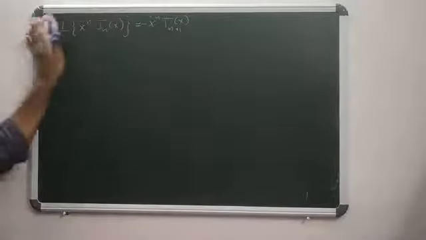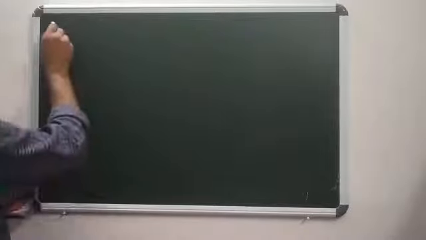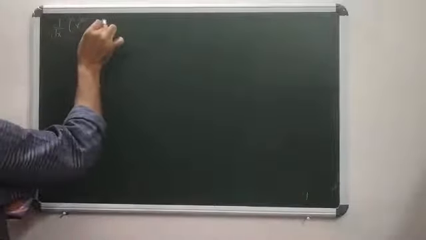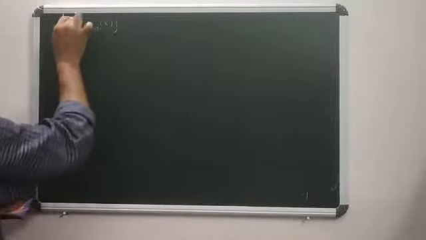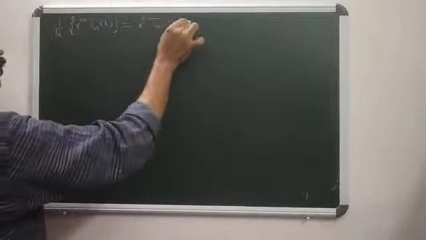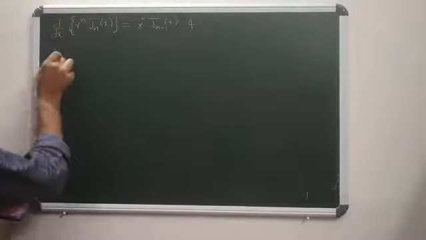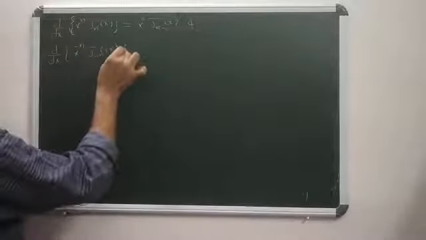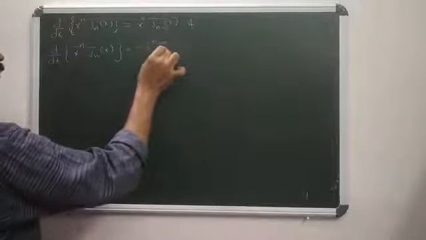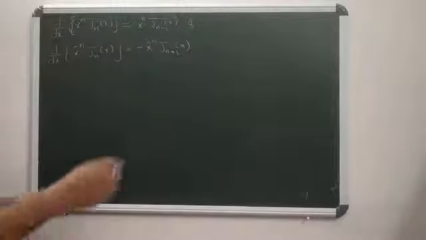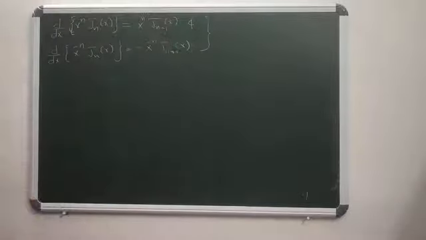So now consider these recurrence relations. That is d by dx of x to the power n Jn(x) equals x to the power n Jn minus 1(x), and d by dx of x to the power minus n Jn(x) equals minus x to the power minus n Jn plus 1(x). Consider these two recurrence relations. By using this,